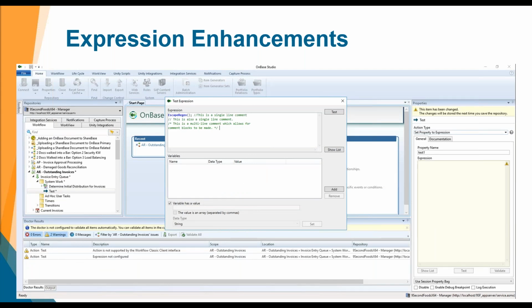And like I said, we can now use single and multi-line comments in our expressions. Here's what single line comments as well as those multi-line comments look like from the expression editor. The single line comments are denoted by the 2 forward slashes. Multi-line comments are denoted by a forward slash and an asterisk to start the comment block and the opposite to